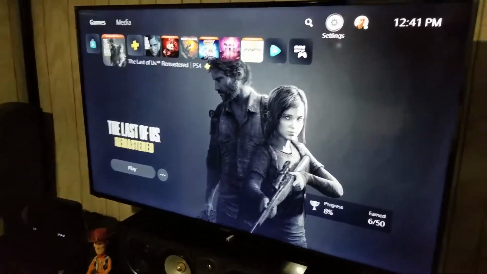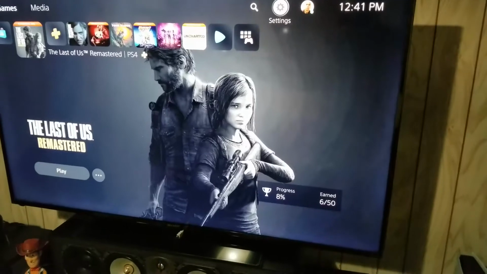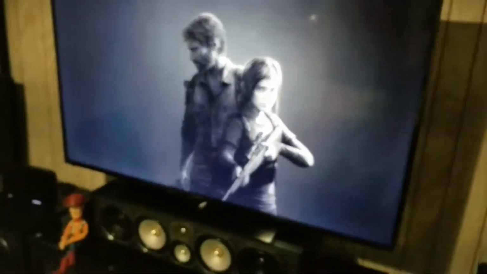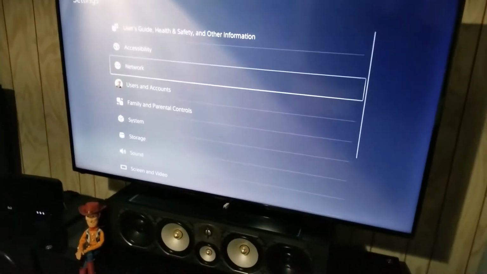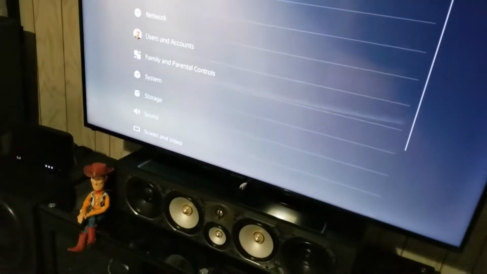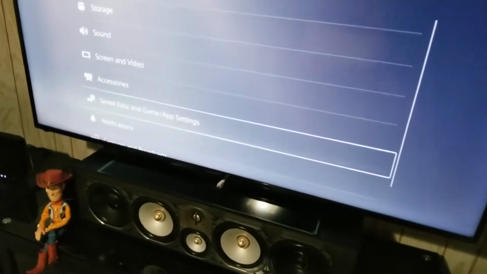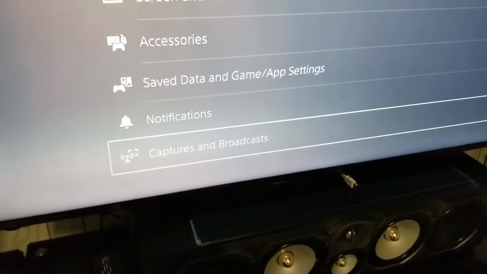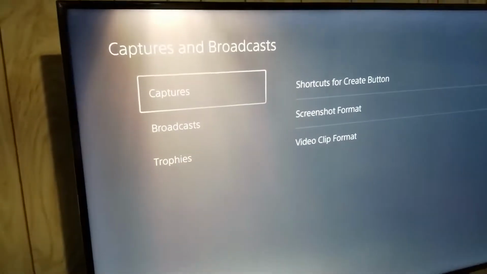So the way you do that is you go into your settings on the top right here, right? You press the X button, and then what you're going to want to do is scroll down to the bottom where it's going to say broadcast and capture. You see down here? Captures and broadcast, right? So when you go inside there, you see where it says